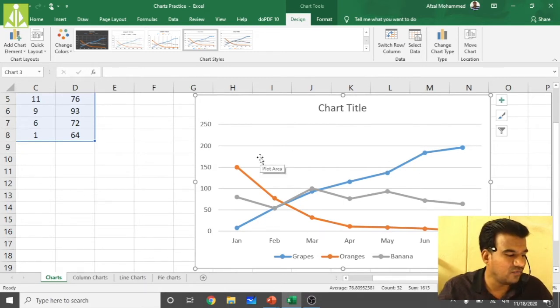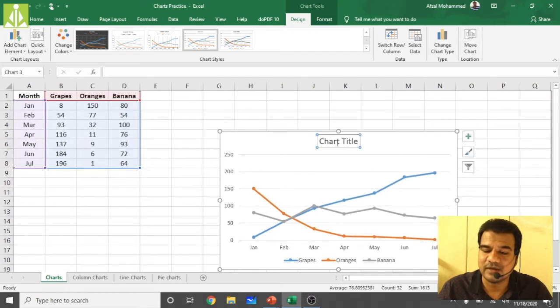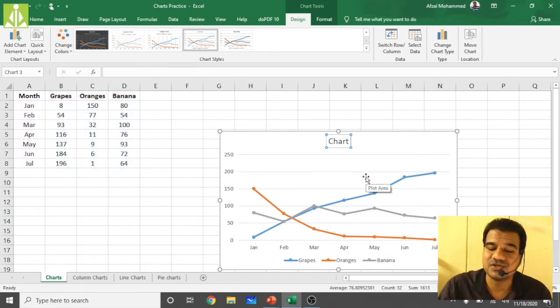So how can we change the title for this chart? Simply go here. As you can see here, it is showing chart title. Double click on this, and you can edit it. So simply come over here. What is this chart representing? This chart is representing